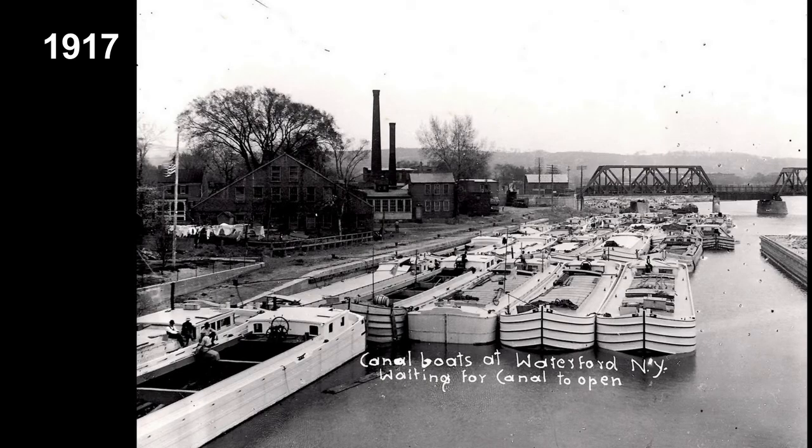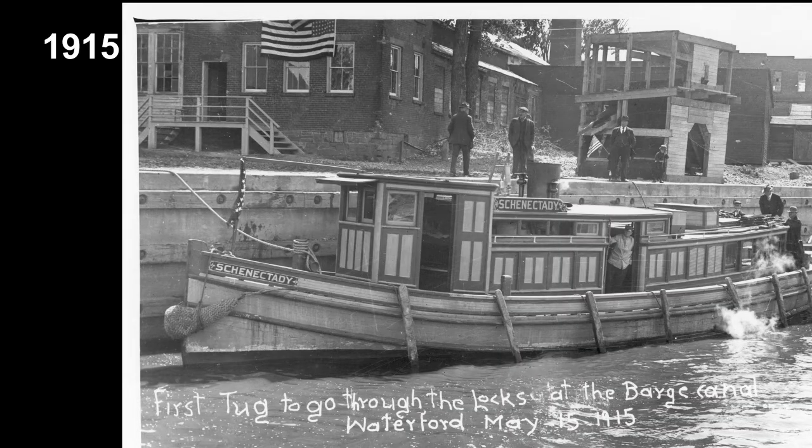It was a very different place in 2017. I'm sorry, in 1917. See the date on this? May 29, 1909. So I'm guessing that construction was underway, but the lock number 2 that you see over here was not yet open for sure. And here's another view of the same